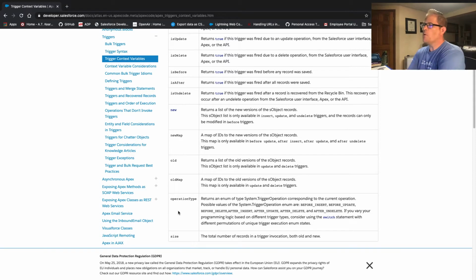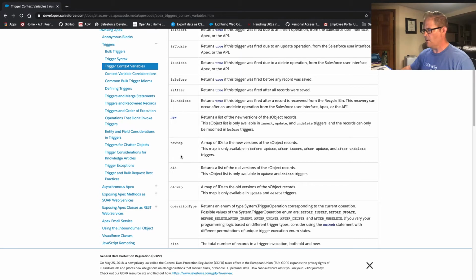Because a lot of times what we want to do in our handlers is compare the new data with the old. And say, hey, only do this if the industry changed on the account. Then create a task, send an email, update something else. Only do this when a lead is closed for the first time. I don't know, update somebody's commission. So these are all the values that we need to understand, the variables in a trigger, new map, old map,